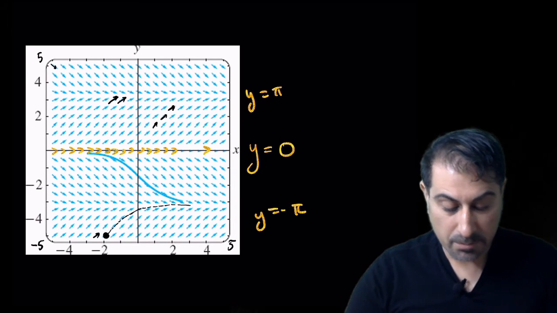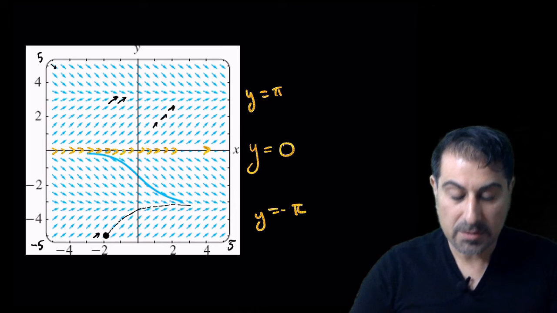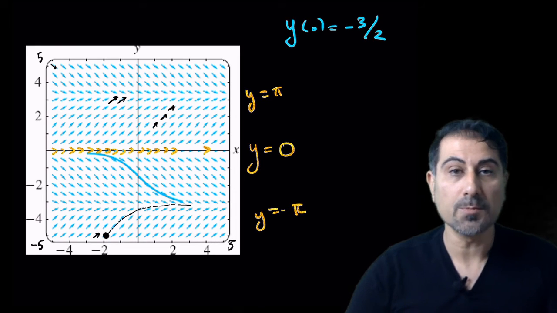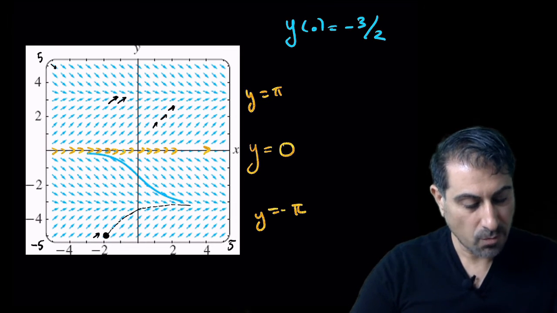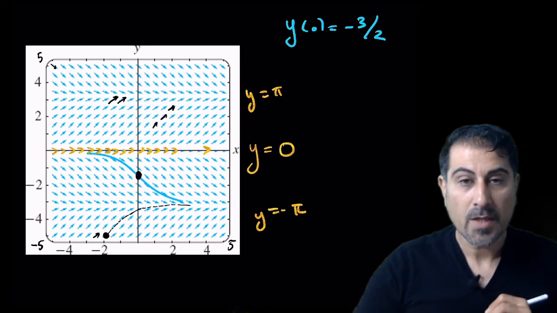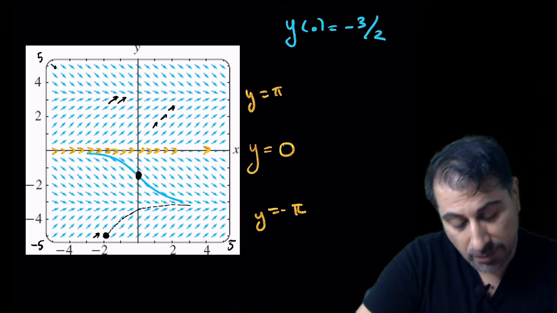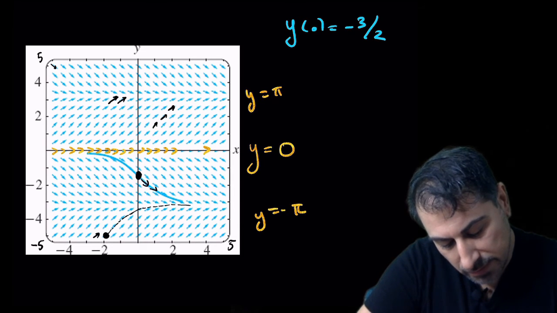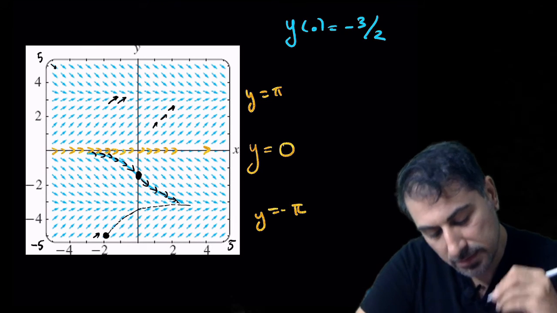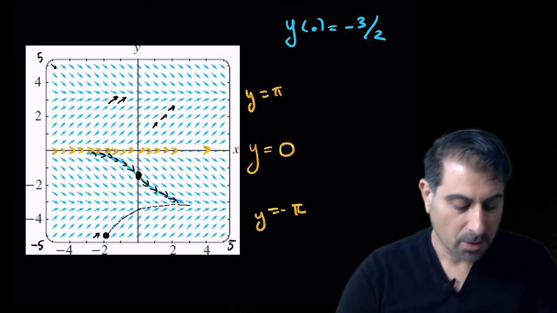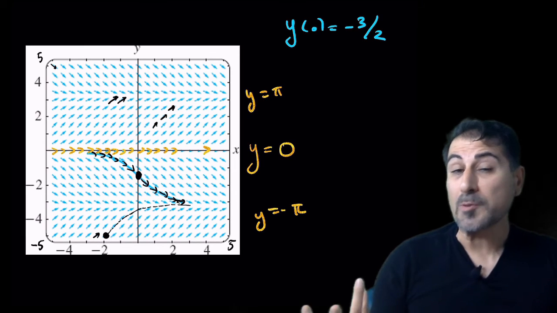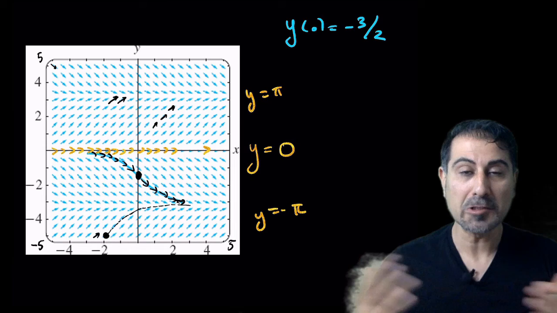So going back to our problem, we were given y at 0 equals -3/2. So this was the initial condition provided to us. Here we go, x equals 0, y equals -3/2. We are right at this point. So if you follow the direction field, as you see the arrows go in this direction, and you can go backward as well, and you can see the arrows coming all the way from here, going all the way in this direction. So this could be a typical approximate solution curve without even solving the differential equation.